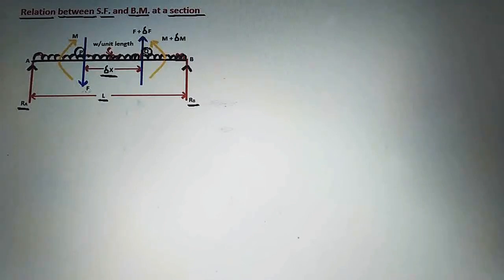So because of that, at section P we are taking the shear force F, at section Q we are considering the shear force F plus delta F, and at section P we are considering bending moment capital M, and at section Q we are considering bending moment M plus delta M. So these are the positive shear force and bending moment at these sections P and Q. Now we are taking the element between section P and Q, this element which has length of delta x,